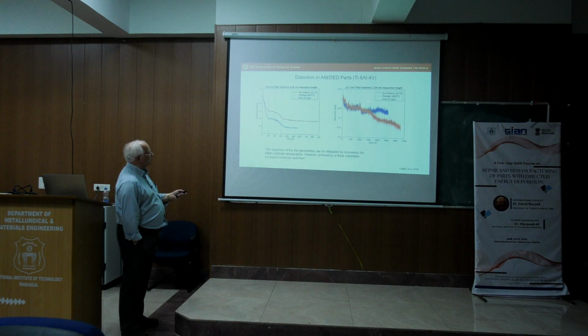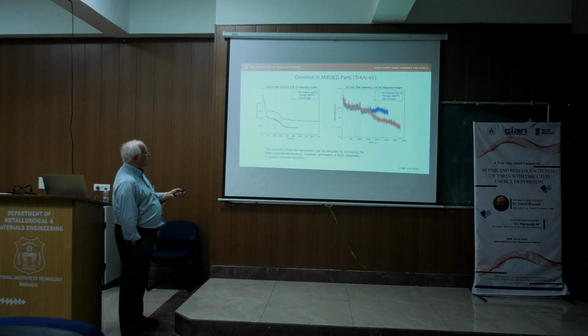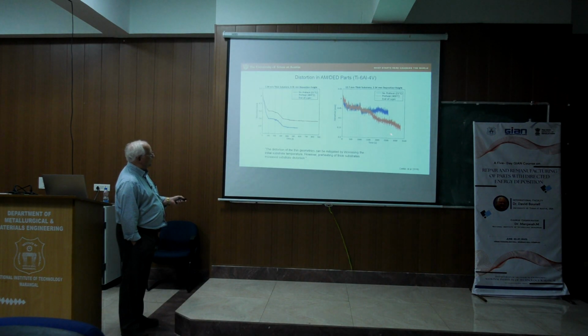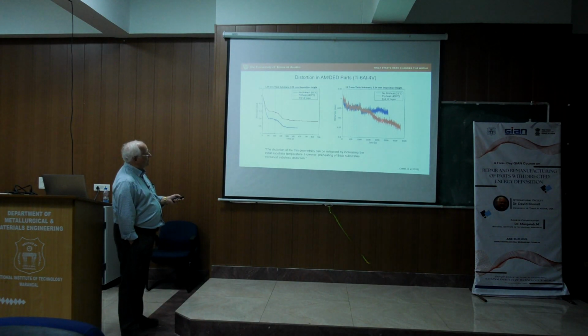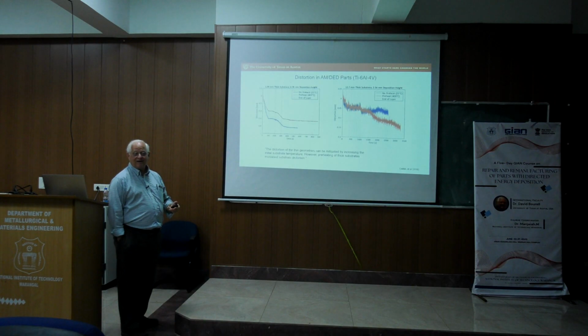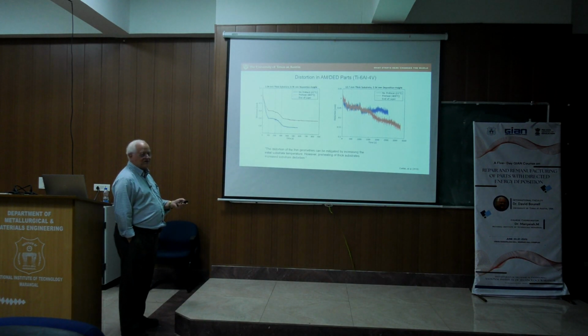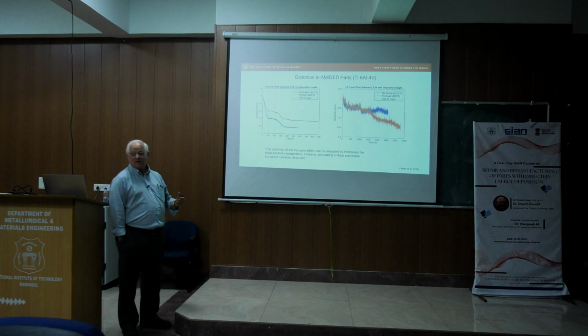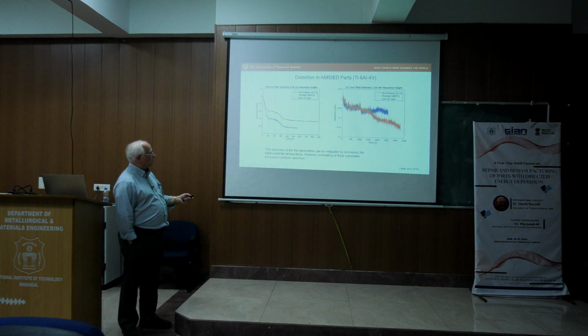This plot shows more details of how it works at the early stages and the later stages of the build. So this is at the beginning. But if we build out to thick layers, this one is a 0.6 millimeter deposition height, here we're at 2.54. What happens is that for really large builds, the preheating actually increases the distortion. So there's a crossover,